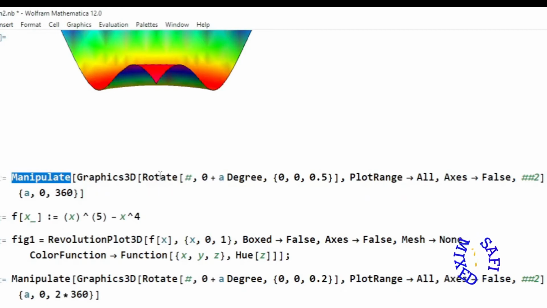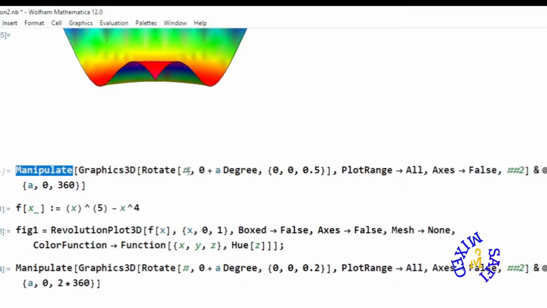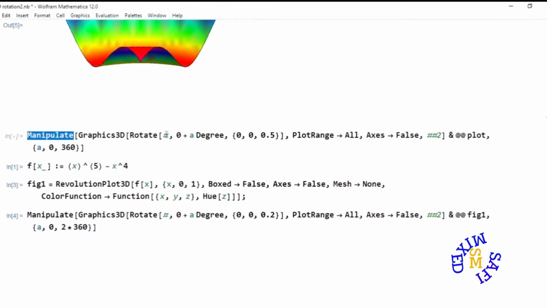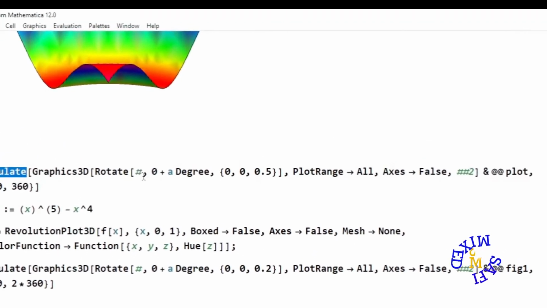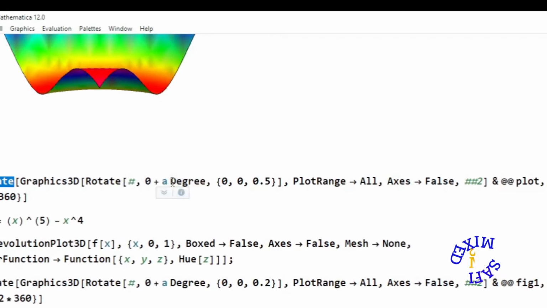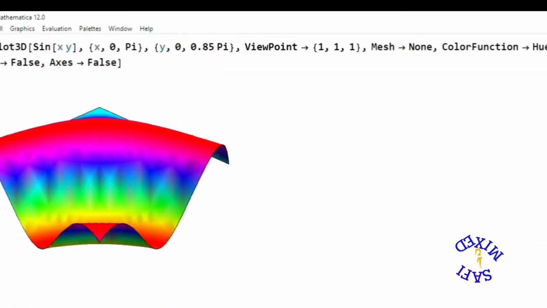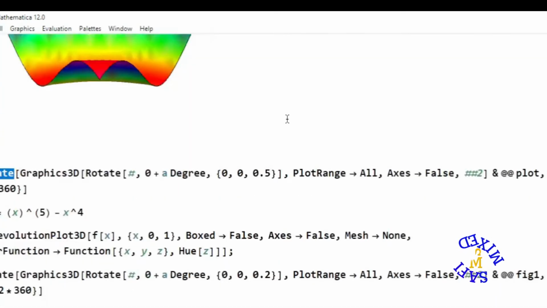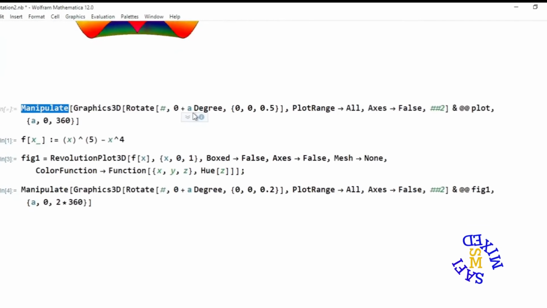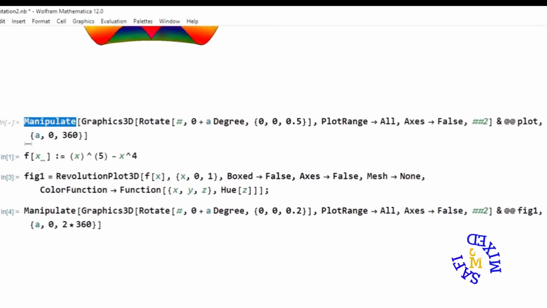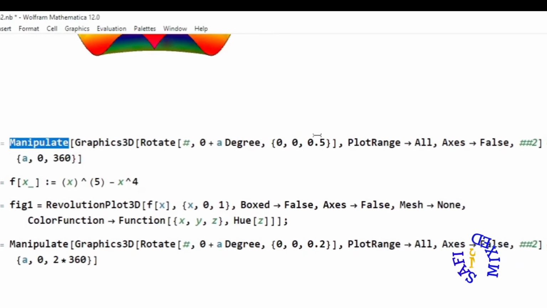What I do here, I add to the argument of Rotate three different options. The first one, this is an unknown variable that I add at this position, and I ask Mathematica to rotate the figure at position this one, which is the plot that I saved previously in this line, by a degree A whose values I vary from 0 to 360 degrees,